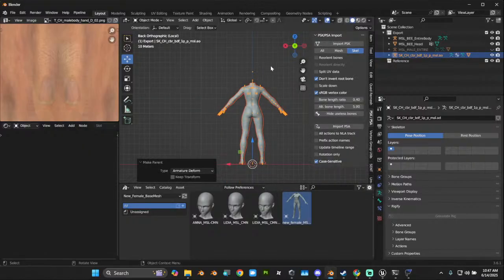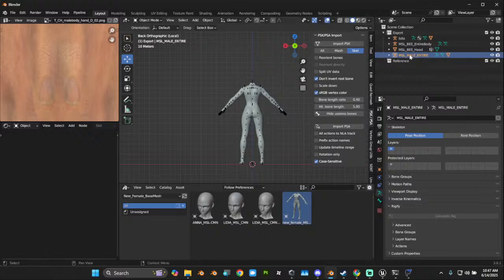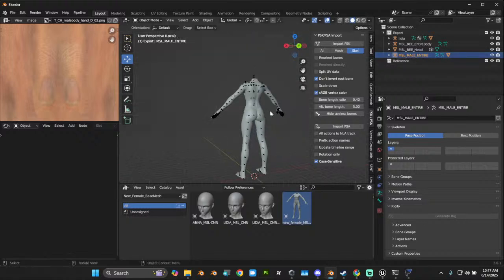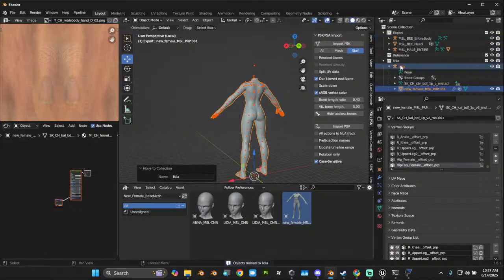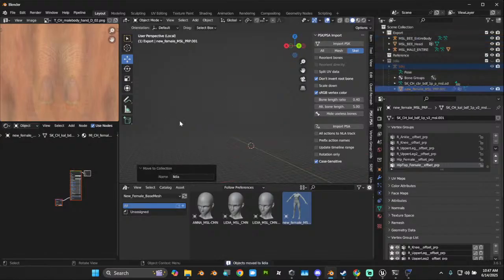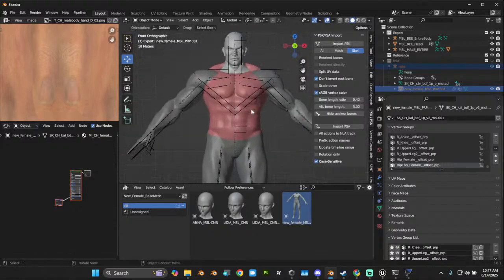Everything's good. Okay, so we got Lydia. Let's call this Lydia. And now I want Heihachi. And let me put Lydia stuff into a collection real quick, so I can easily hide it. All right. Now we've got